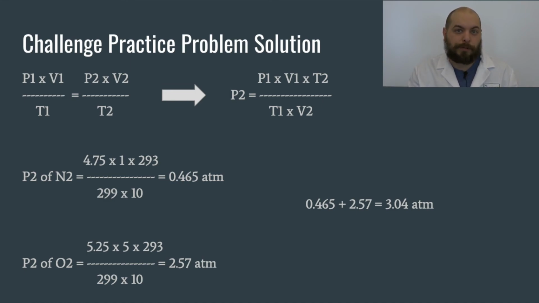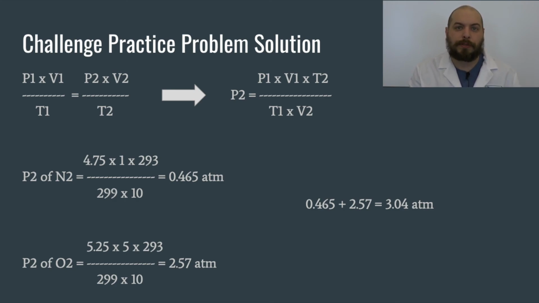Remember, in all temperatures, and I forgot to mention this in the last one, we need to convert to Kelvin. So we're plugging in Kelvin temperature values here, not Celsius temperature values. So what we're doing in the end is finding the partial pressure of oxygen by plugging in P1 V1 over T1 is equal to P2 V2 over T2, solving for P2, and the pressure of oxygen becomes 2.57 atmospheres. Okay, so now we have found the pressure of the nitrogen and the pressure of the oxygen in the new container. So we simply add these two together to give us the total pressure in our container, and that's going to be